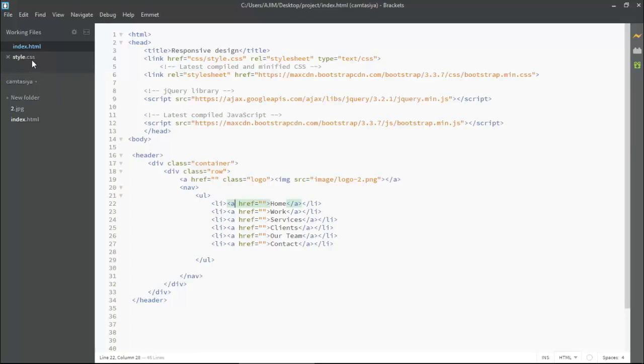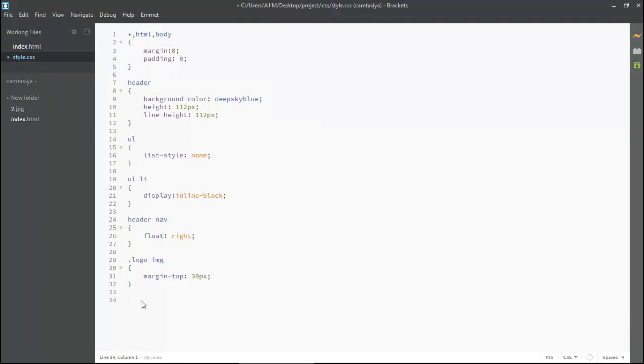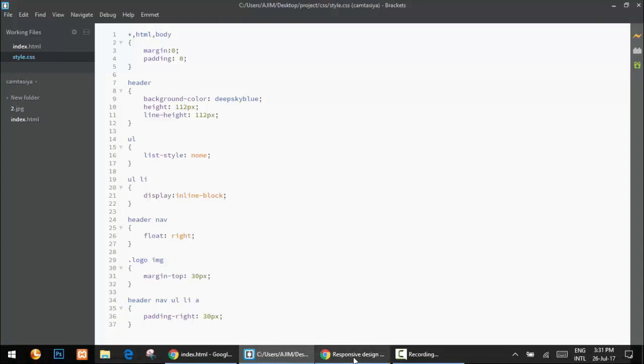Okay, so I'm coming here on the style.css and mentioning header nav ul li a. Now I'm putting some margin to it first. Padding right something around 30 pixel. Now let me save it and then take a look.